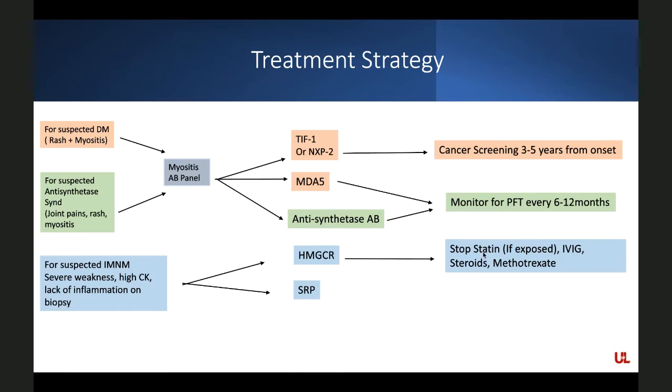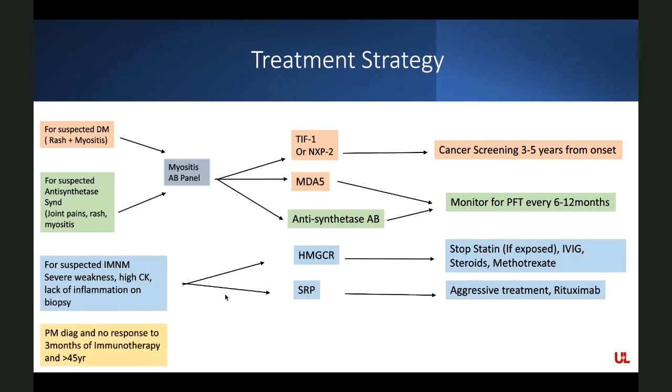Of course, if they have statin exposure, we do discontinue the statin. We can give IVIG, steroids and methotrexate for them. SRP is even more aggressive than HMG-CR, and for that reason, we usually end up with rituximab for these